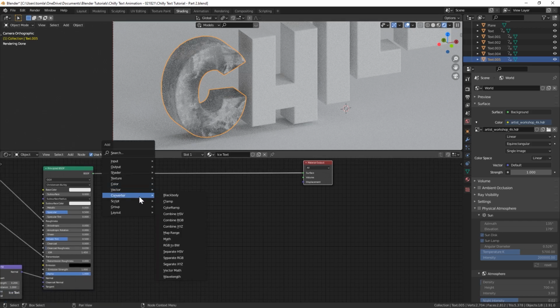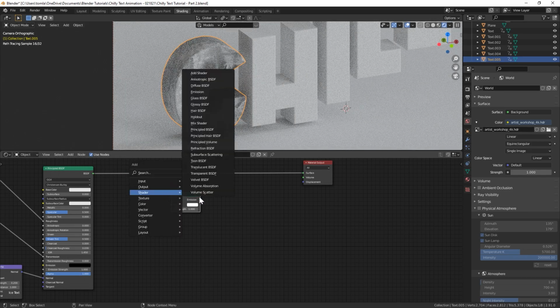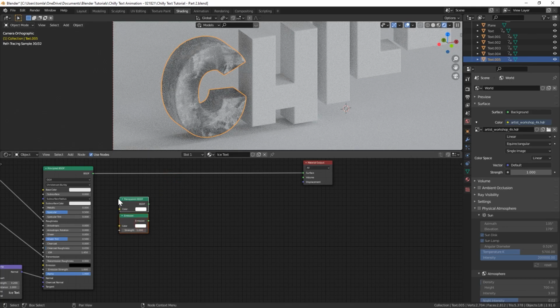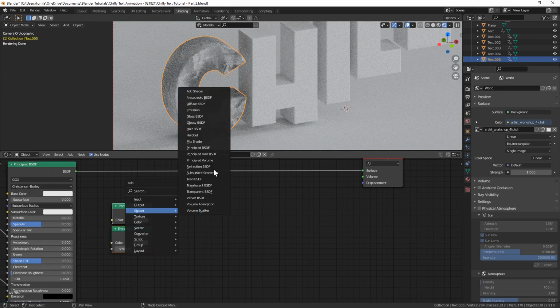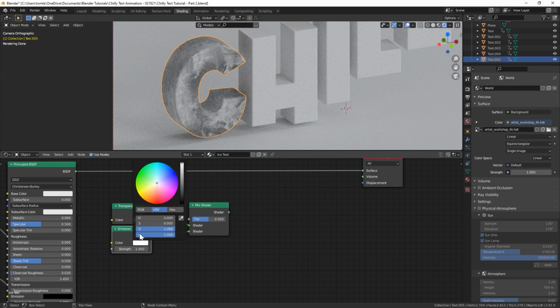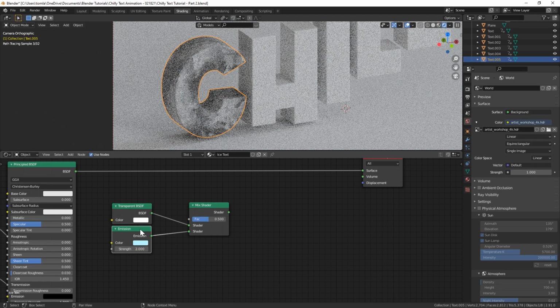I'm going to add in an emission node, and let's bring in a transparent node, shaders I mean, and then let's bring in a mix shader and plug those in. So it'll be the transparent on top, emission in the bottom, and I'm going to give this emission a little bit of a blue color. And I'll probably bring that up to like 2 or something.